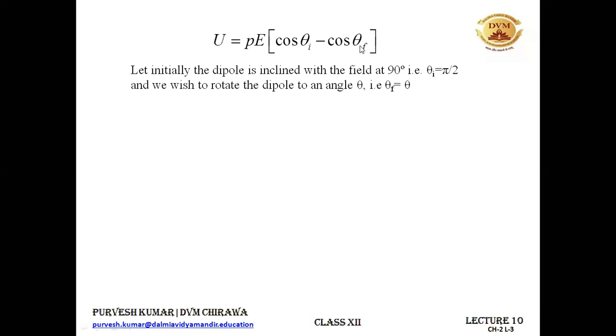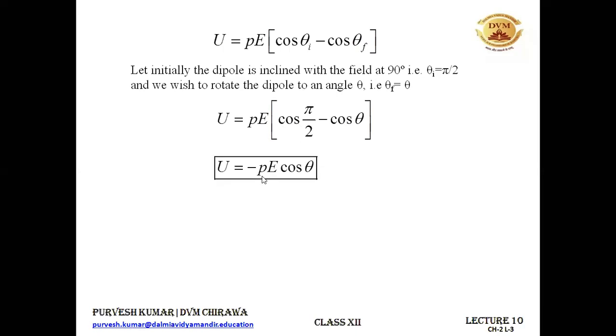All right. So we have replaced this theta f by theta. So the equation becomes like this: in place of theta I, you have written pi by 2, that is 90 degree, and in place of theta f, you have written theta, that is the angle at which you want your dipole to be rotated. Now cos pi by 2 is 0,